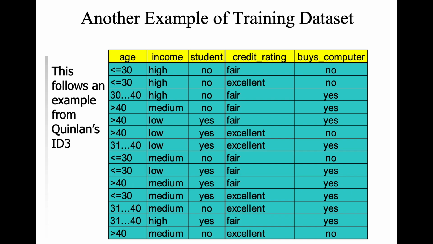Again, it's not easy to find it really fast now. We have just a few features. You have to see, for example, if age is greater than 40, you either have to choose income, or student, or credit rating, right? You have to see with which one you reach the same class label for all the instances. And that's why we're using decision tree algorithms, because that's not easy for us. That's why it's computationally expensive. Let's say we have hundreds of features here. How can we go through all these combinations? But just for now,